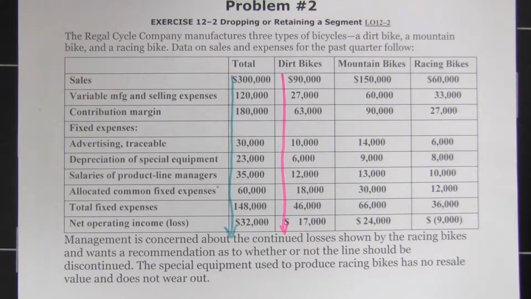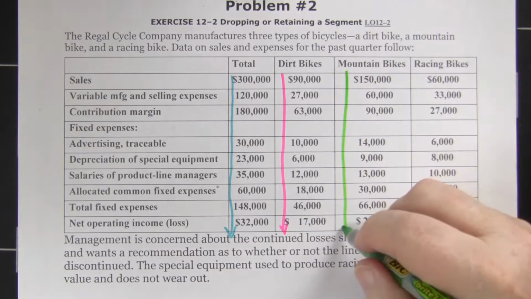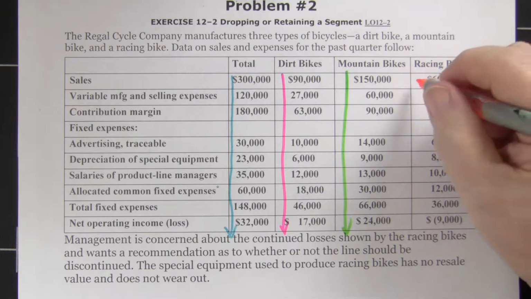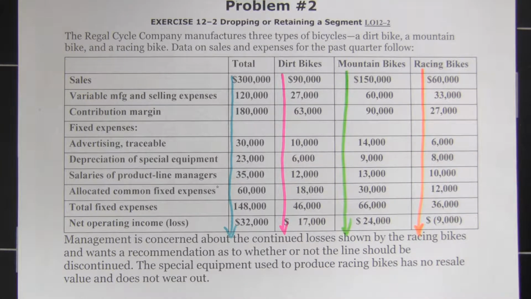The mountain bikes, which I'll do in green, says that we're doing about $24,000 in mountain bikes, and based on our calculations, we're told that our racing bikes are losing $9,000. That's a common way of presenting the data. The problem with that data presented that way